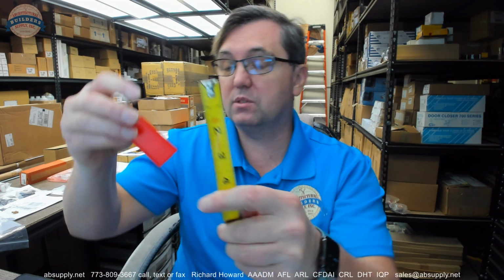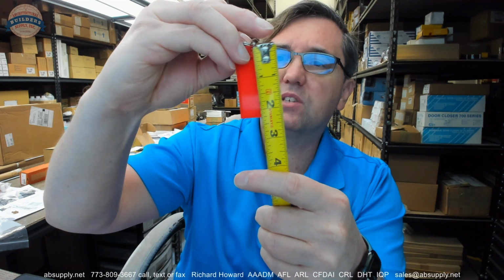You can certainly do tags like this that would be engraved if it was that sort of scenario, like if you were the person that we rented the jet ski from on the beach, you would have a key tag to the ignition key, things of that nature. It could be engraved. So the overall length of the plastic tag,